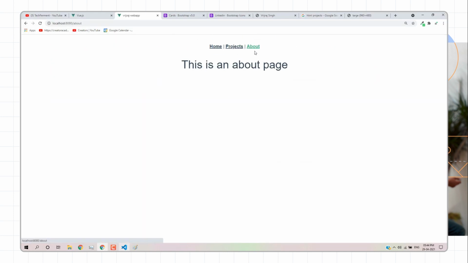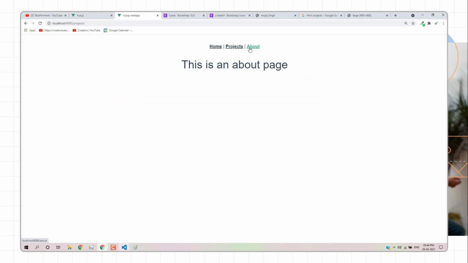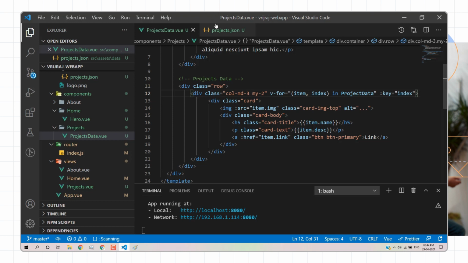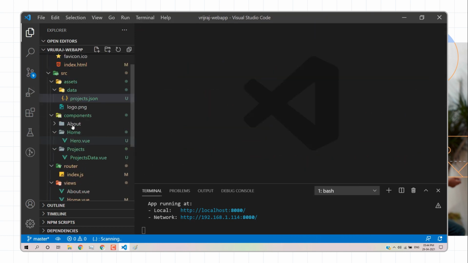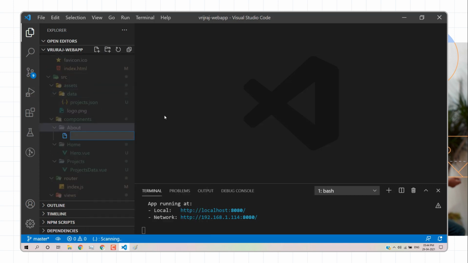Okay, so now we'll design the home page. Like we have created a home page and project page, and then we'll work on the about page. So here in the about folder, in the component, we will create a component. Here we'll write the component name, about data dot view.